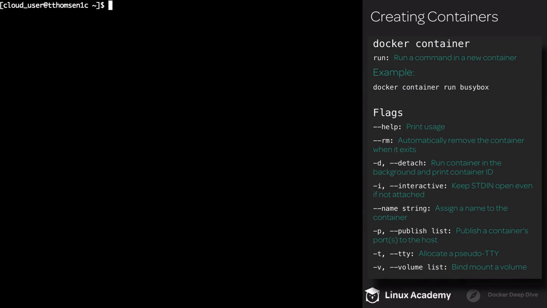In the previous lesson, we started to learn a little bit about the Docker CLI. We started working with two of the management commands, docker container and docker image. Now in this lesson, we're going to go into a little bit more detail about creating containers. We're going to learn about some of the flags, as well as what happens when we just go and execute a docker container run. So let's start off by running a docker container run with the help flag and see